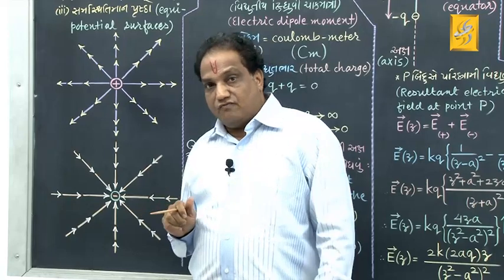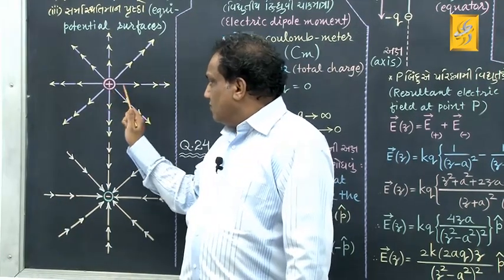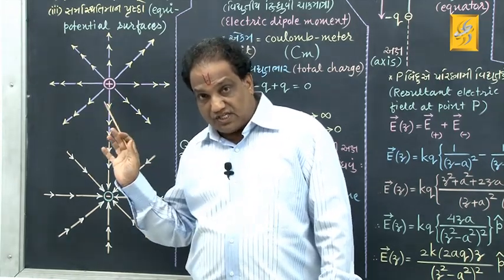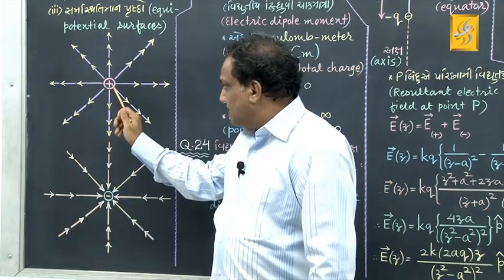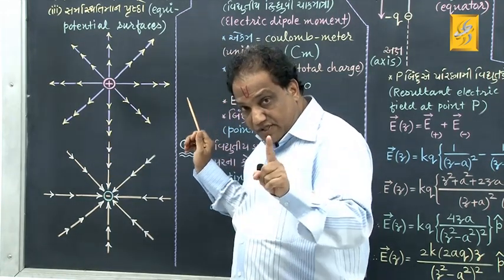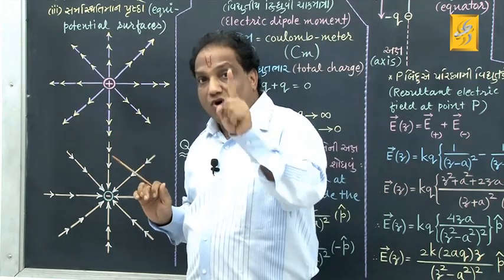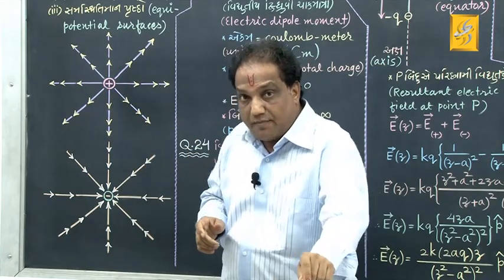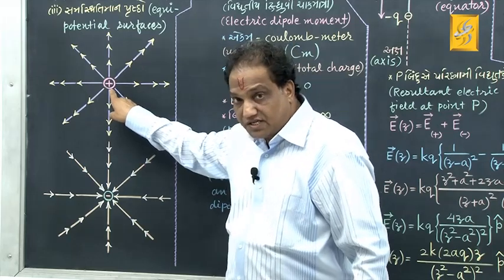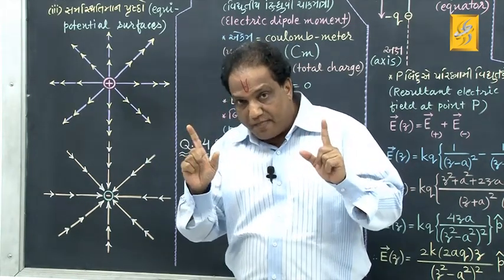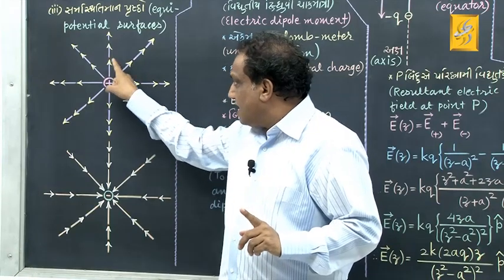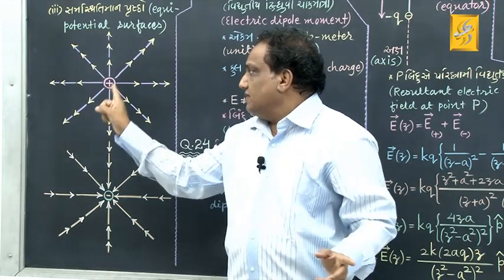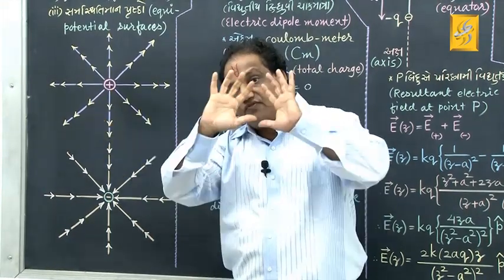My dears, here one more point. Have you seen the distribution of electric field vectors in different directions? Can you see spherical symmetry? Whatever is the distribution towards right hand side, same is the distribution towards left hand side. Whatever is the distribution in upward direction, same is the distribution in downward direction, like that. I mean to say, if you consider this charge at center of some sphere, then these arrows are lying on some spherical surface, okay. That's why we say this electric field of a point charge has spherical symmetry,